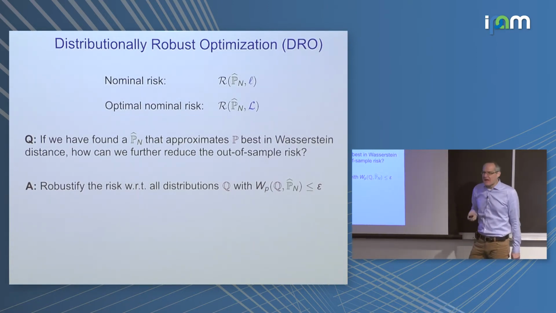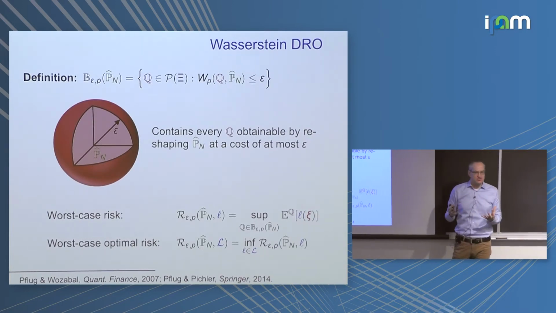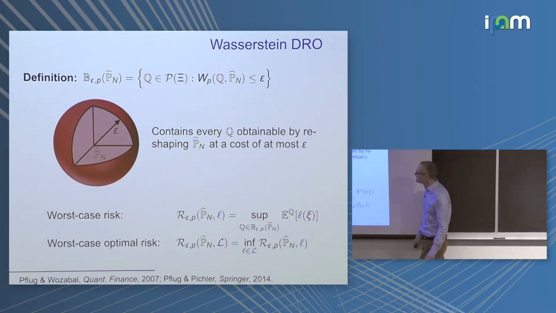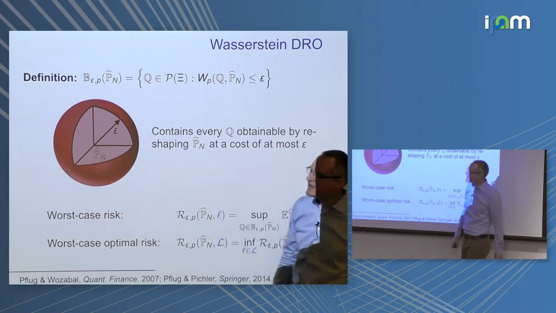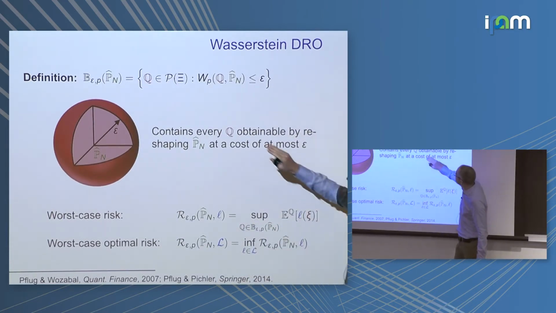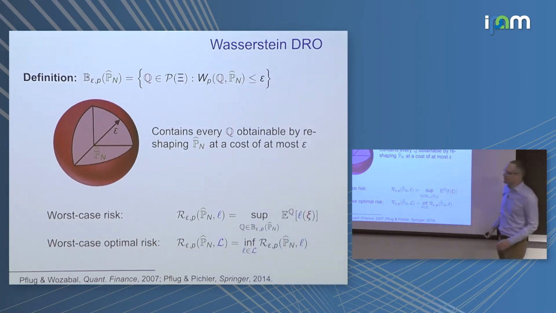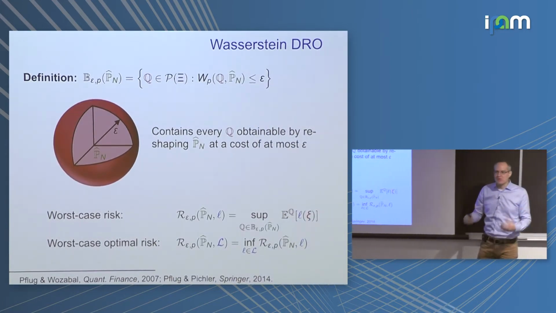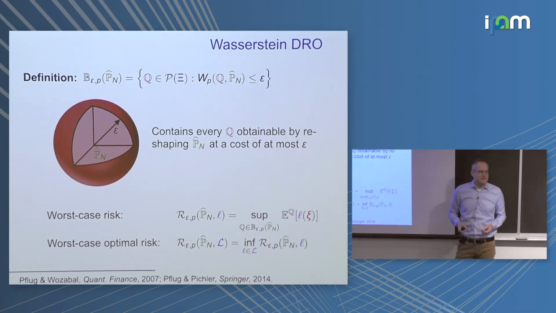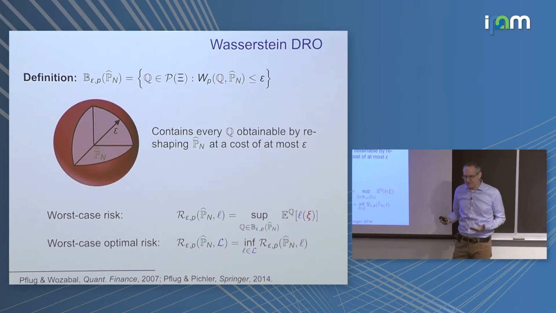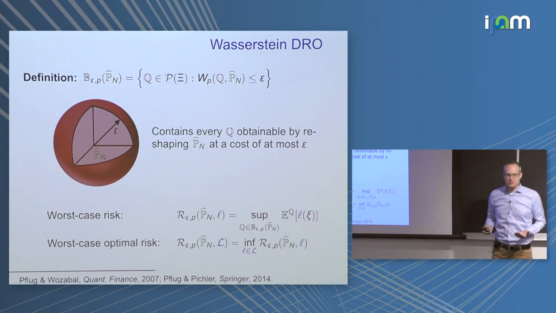So more specifically, I would like to define an ambiguity set. So that is a family of distributions, a subset of the set of all possible distributions, and I define it as the set of all Q supported on the set Xi that have a Wasserstein type p distance from our estimator of at most epsilon. Of course, this can be seen as a Wasserstein ball in the space of distributions, and it contains all distributions under which our estimator has an estimation error of at most epsilon. And the radius epsilon here can be viewed as the maximum estimation error against which we seek protection.